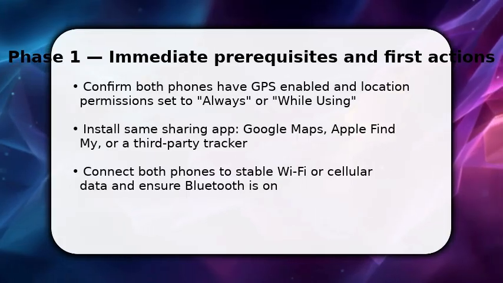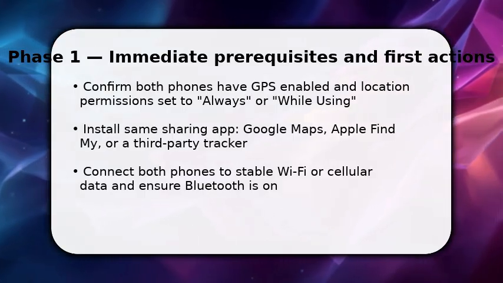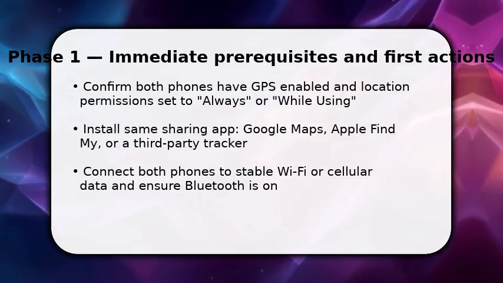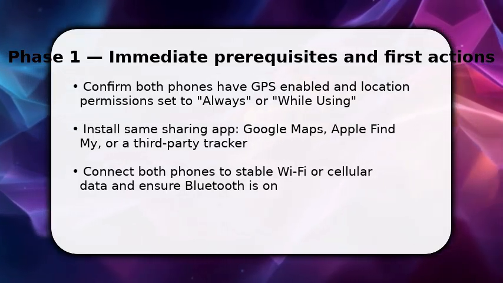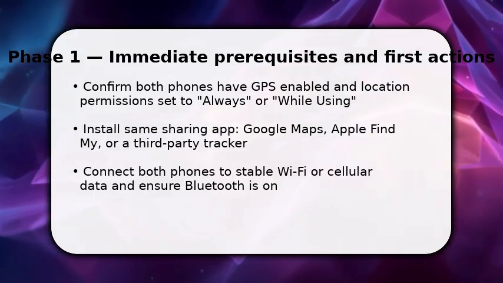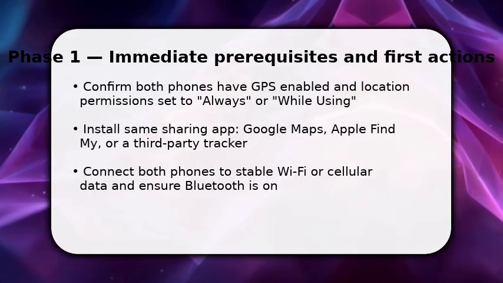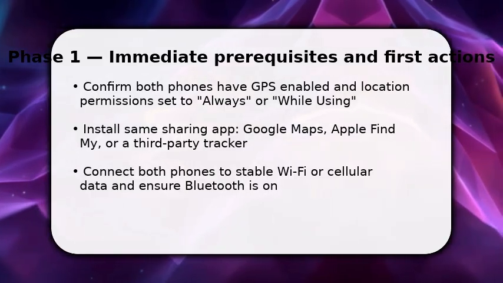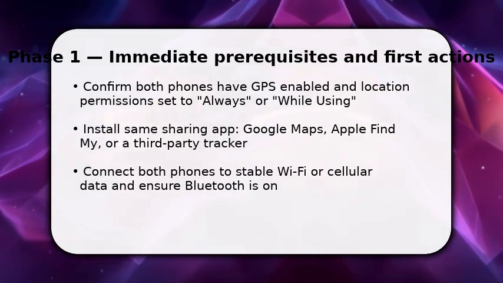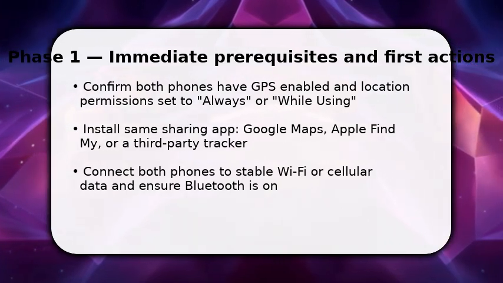You begin by enabling location services and granting precise permission. This lets apps access GPS data reliably. Once done, install the same sharing app on both devices: Google Maps for Android, Apple Find My for iPhone, or a cross-platform tracker. Make sure both phones are on the same Wi-Fi or have cellular data, and enable Bluetooth for quicker initial pairing. These steps remove permission and connectivity barriers, so the next actions truly exchange GPS coordinates between devices